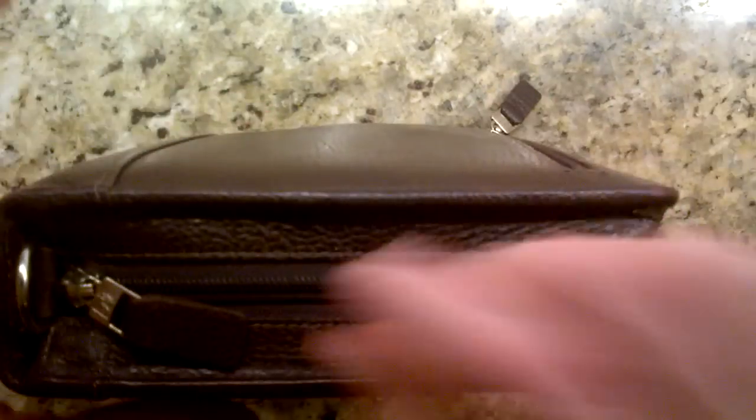I'm going to give this a try. I'm going to be open-minded about it. I can definitely see, especially if I'm going to be carrying this without a bag, that having a closed one is kind of nice. But anyway, if we open her up,